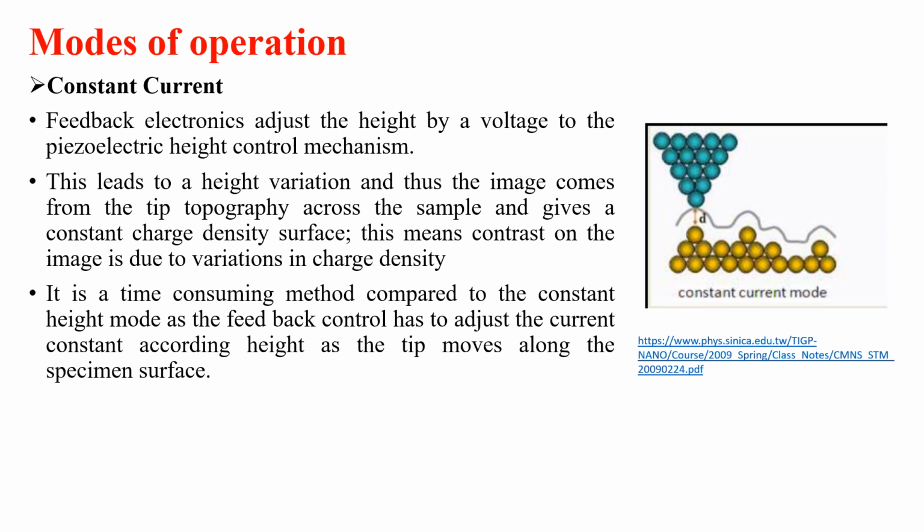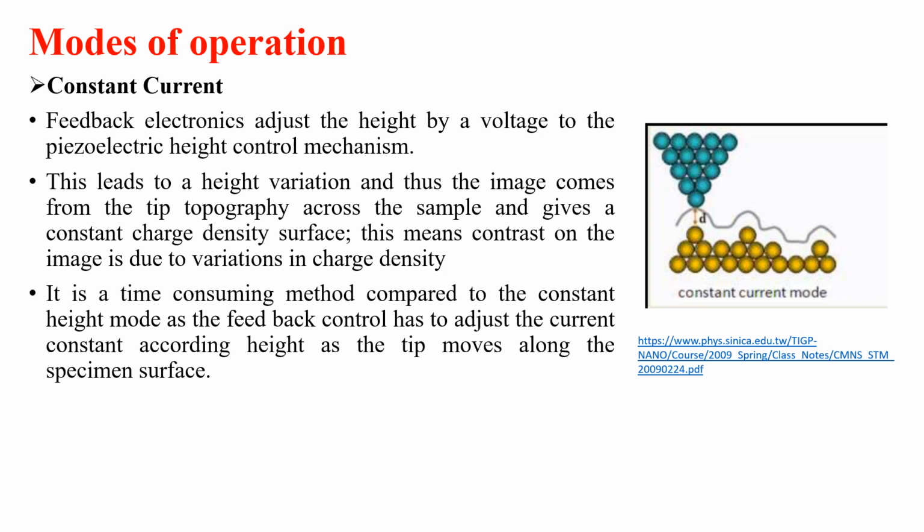So like I have shared with you that there are two modes of operation. One is constant current and second one is constant height. So first of all, we will go with the constant current. So what does constant current mean? There is a feedback system, feedback electronics, which adjusts the height by a voltage to the piezoelectric height control